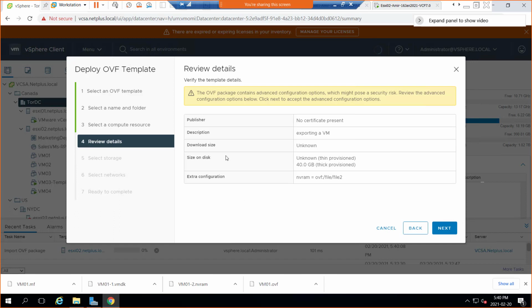So it's thinking, okay. The OVF package contains advanced configuration options which might pose a security risk. I did not select any advanced configuration options; the UUID, I think I unselected it. Review the advanced configuration options below. Click next to accept the advanced configuration options. Size on disk, extra configuration, NVRAM, description, nothing here. So I'm going to click next,